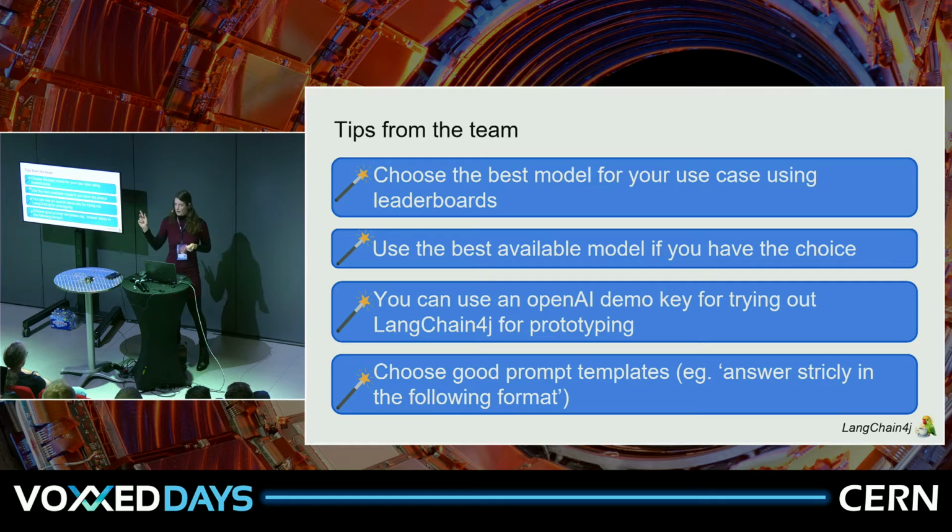We have this demo key that I showed. So if you want to just try it out right after, you can use that without even having an OpenAI key. And yeah, good prompt templates are everything. So as you saw, I put maximum 5 lines. It didn't listen. I could have added, if you output more than 5 lines, a kitten will die. It's a very effective prompt. So yeah, just play around with it until you get it to do what you want.